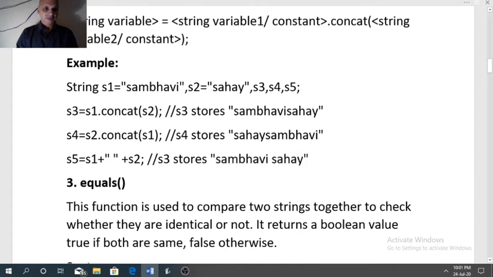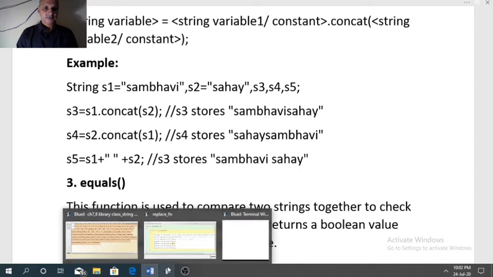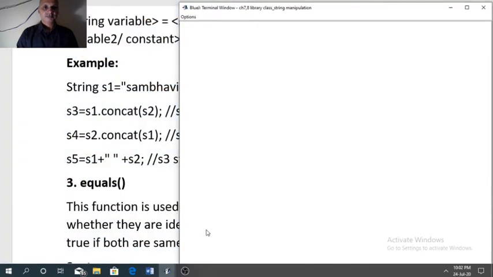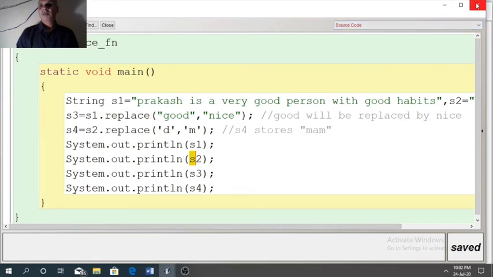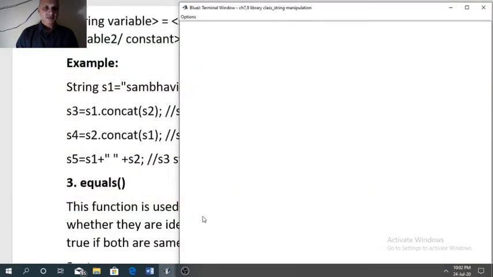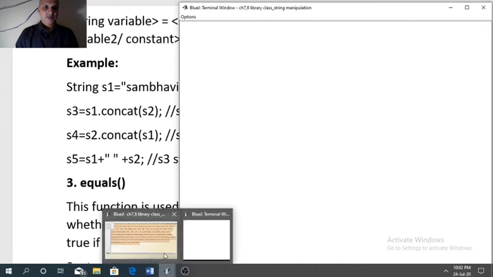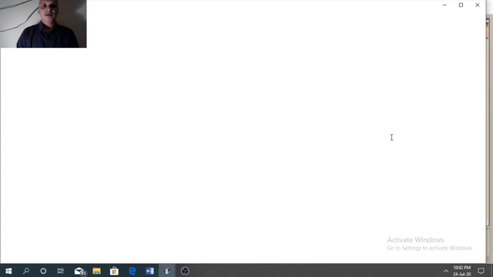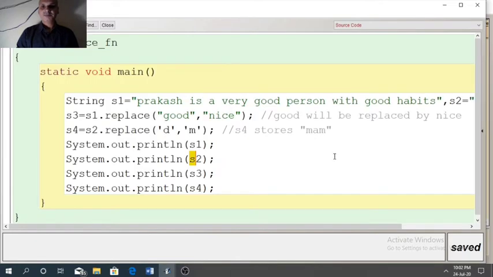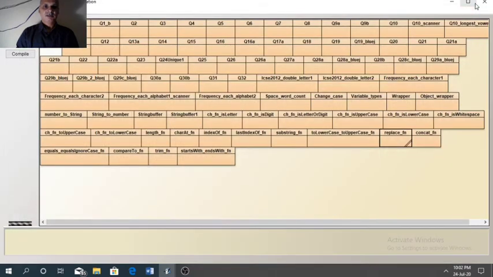Now see the result. That is the previous program. This is the program, same example. Sorry, this is the replace. Here concat.